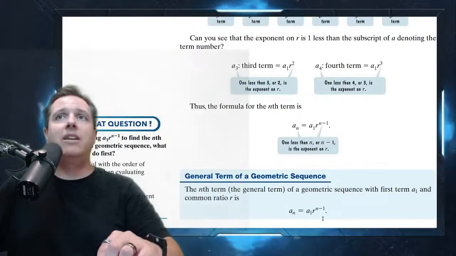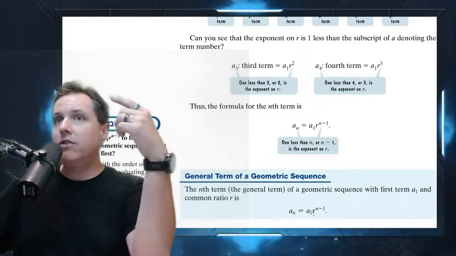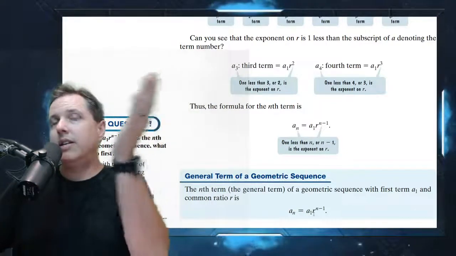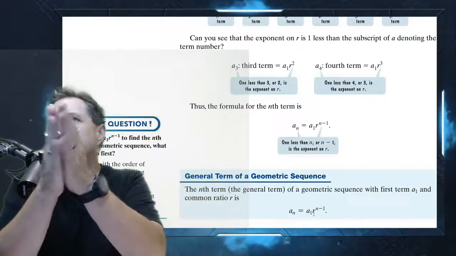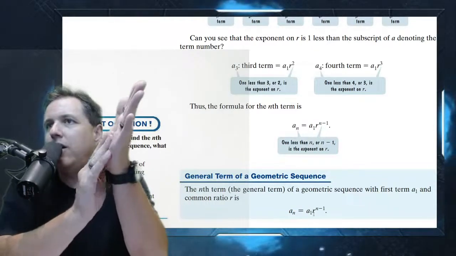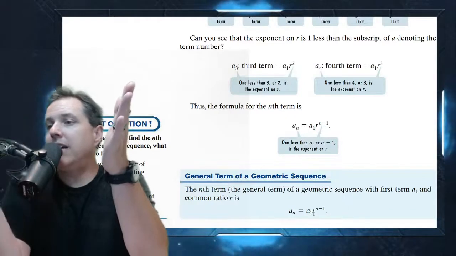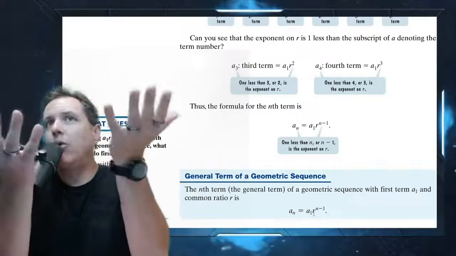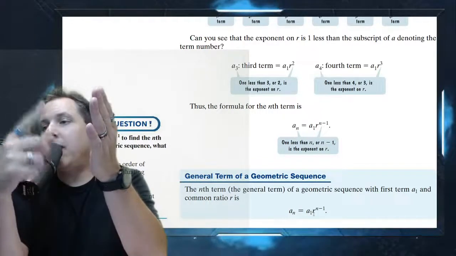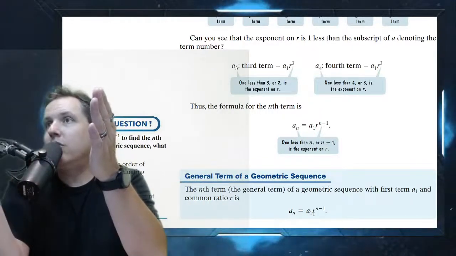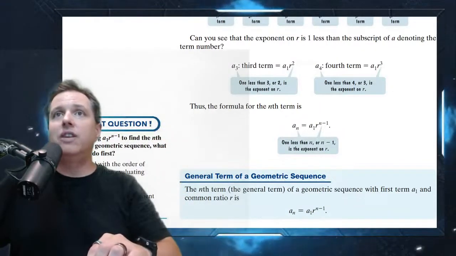So with that said, you just take your first term and you multiply by r to the n minus 1. It's kind of like what we did before when we broke down the arithmetic sequence and said, well, it makes sense. You take your starting point, a1, and then you add enough of your common difference to get to that value you care about. Well, we're doing the same thing here. You start with your initial term and you multiply by r until you get to the term that you would care about. So this formula right here just gives it to you.